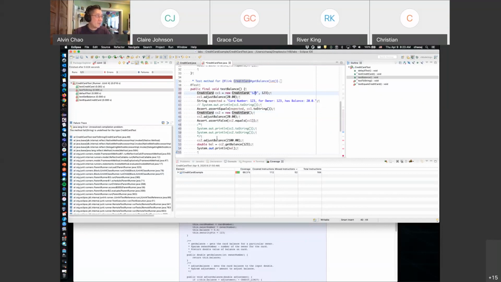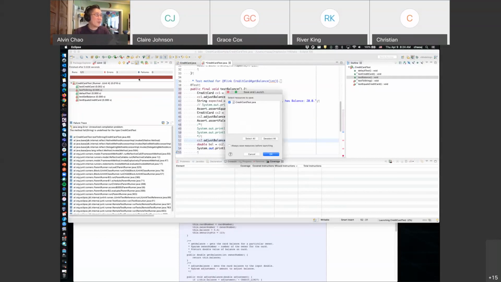Then we're going to adjust the balance to something that we can't adjust it to. It's going to be over the credit limit, so it's not going to work, and it's going to say over the credit limit when we run this. And we're going to try and get the balance of this and then print the balance here just to validate that. So if I come into here and I run this now,